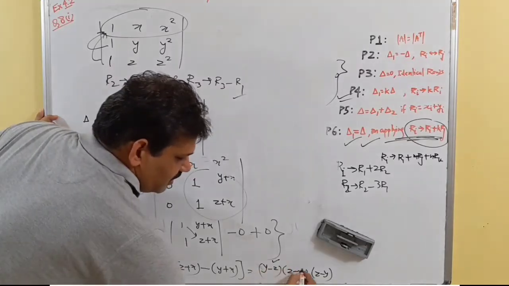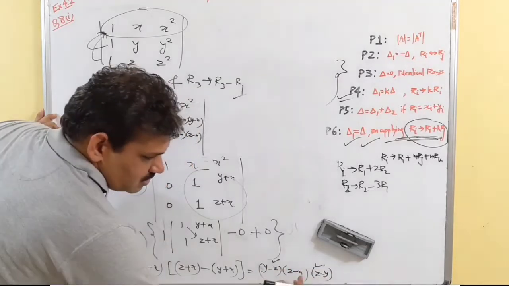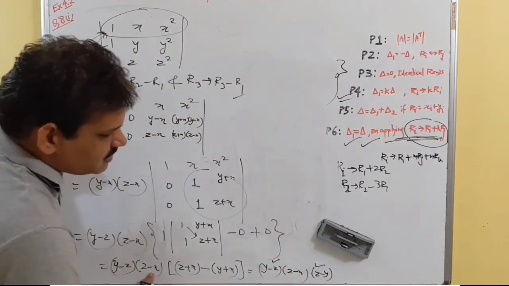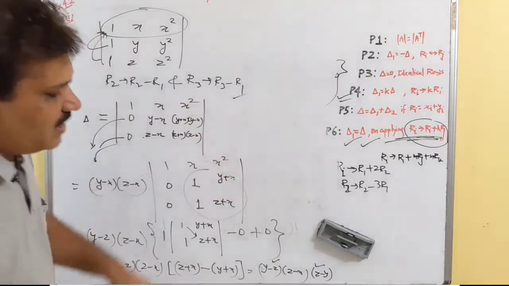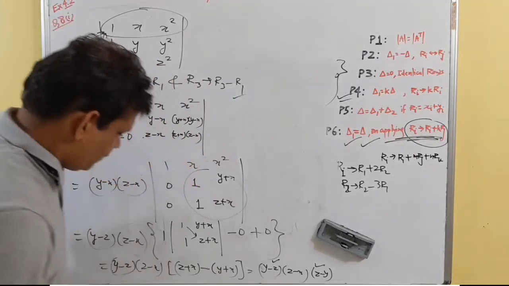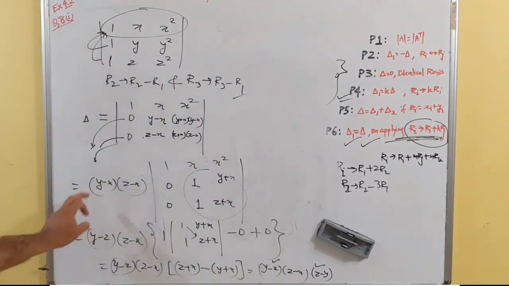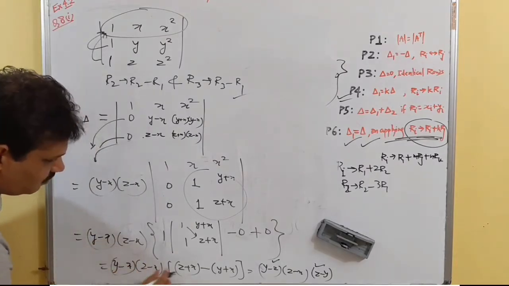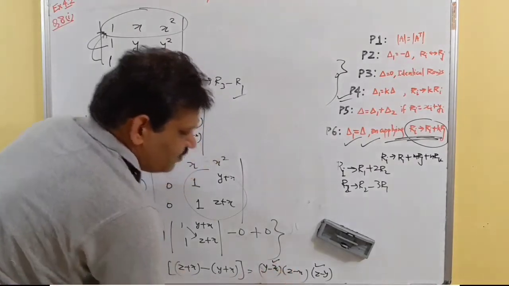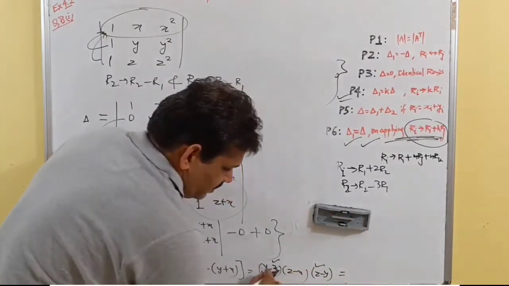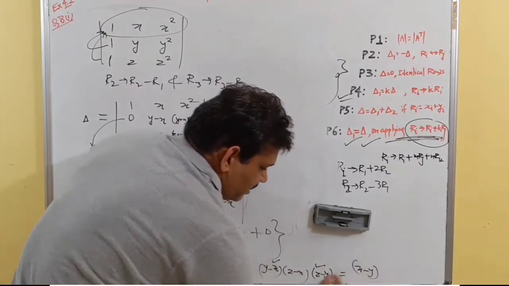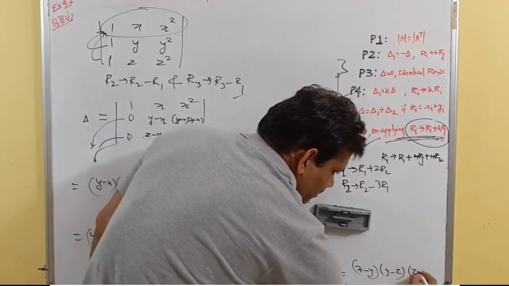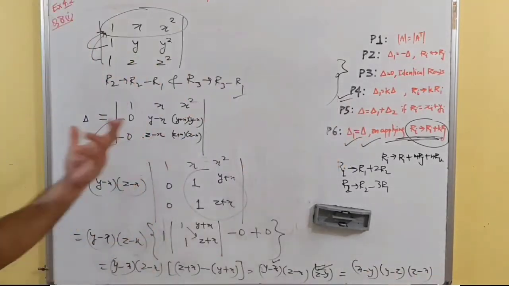We take minus sign common from these two, so this gives y minus z, z minus x. So we need x minus y, y minus z. So x minus y, y minus x. It was actually y minus x, y minus x. What we do is we take negative sign common from this. So this gives me x minus y, y minus z. We take a negative sign common from this, y minus z, z minus x. This is how it works.